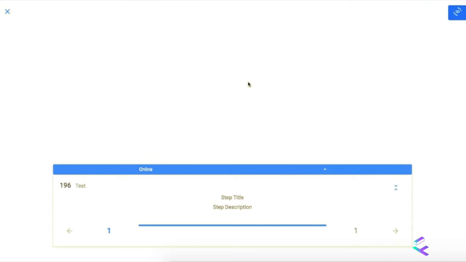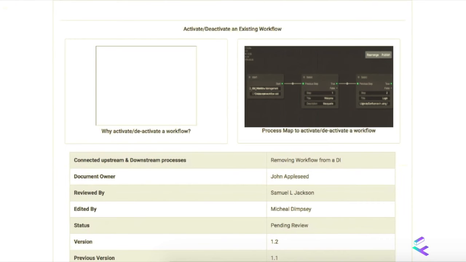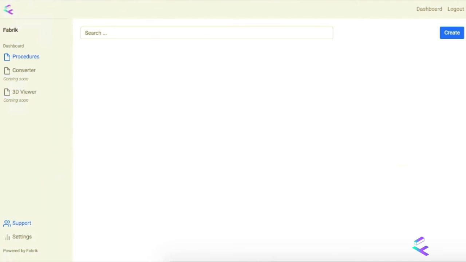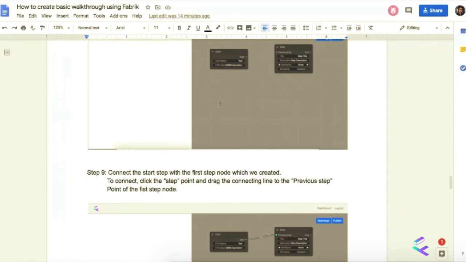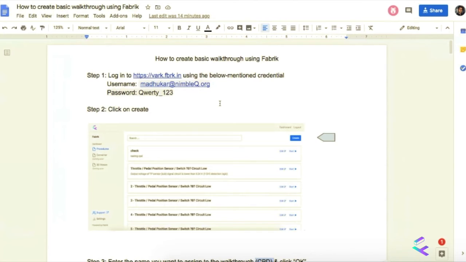So where is the link? The link which is shared with us. The link is on the top of the document, no? If you open the document, I had sent you an email, Madhukar, and in the first page of the document it is here: log into https warp.fbrk.in. No, not that. As you know, you have sent me a bat link. I am talking about the link that brings up the bat, the Batman car, all those kinds of things. You send me a link. Yes, so that is in community.fbrk.in. Okay, go into that and check.